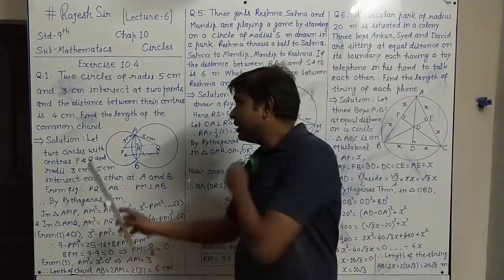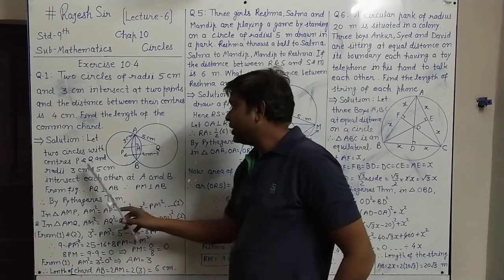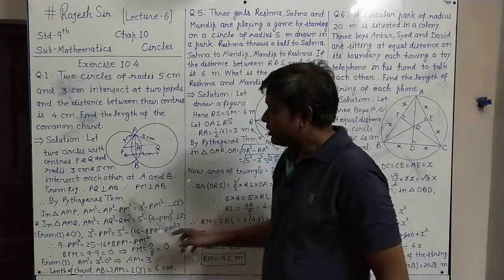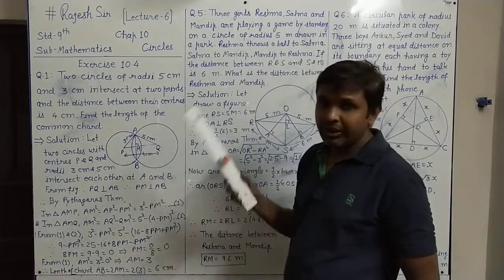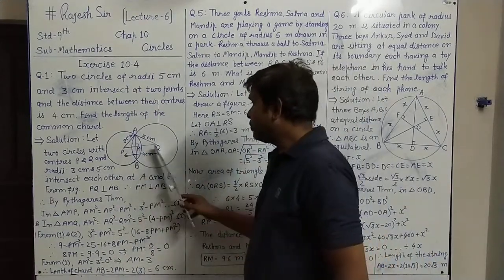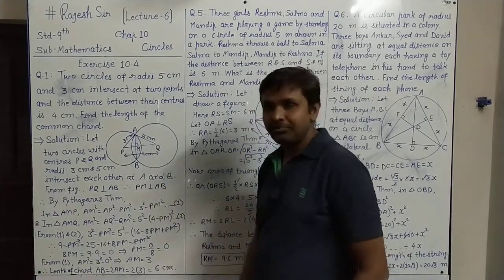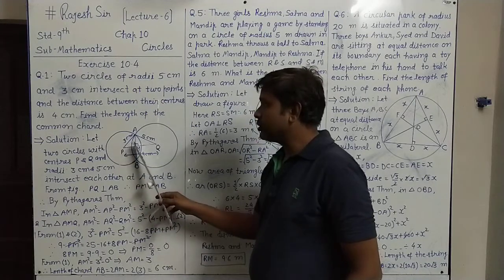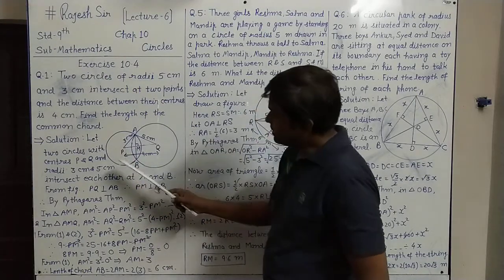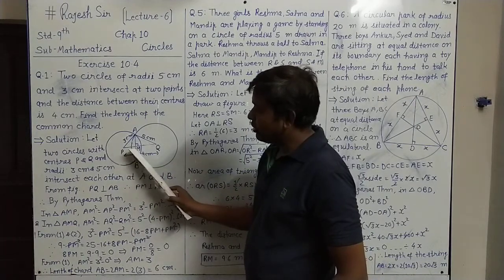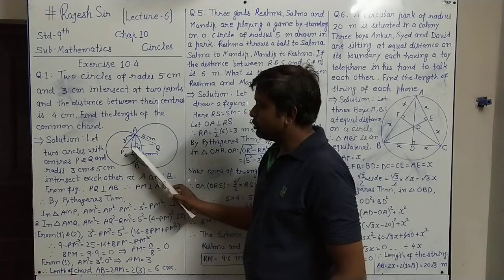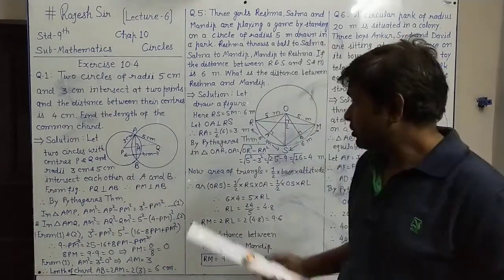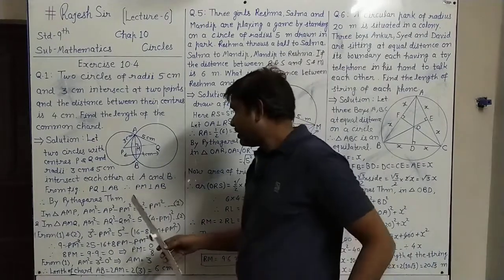So in the solution, let two circles with the centers P and Q and the radii 3 and 5 cm intersect each other at points A and B. From the figure it is obvious, we have seen in the theorems that this PQ will be perpendicular to AB. Therefore PM is perpendicular to AB. As this PM is perpendicular to AB, from the center to the chord, and the perpendicular from the center to the chord bisects the chord, that we know. So that criterion we will use here.